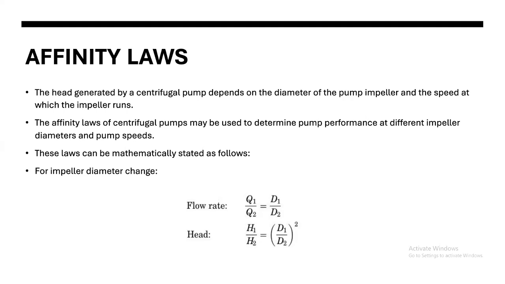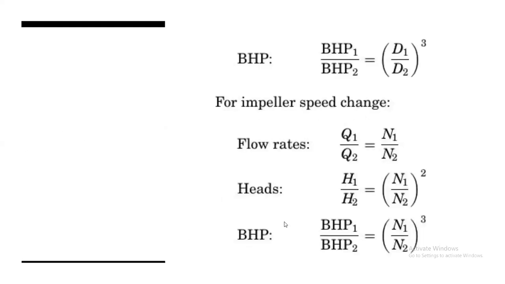diameters and pump speeds. These laws can be mathematically stated as follows. For impeller diameter change, flow rate: Q1 over Q2 is equal to D1 over D2, the ratio of flow rates equals the ratio of diameters. As for head, it's the ratio of heads equals the ratio of diameters squared. For brake horsepower, it's a ratio of brake horsepower 1 relative to 2, and the ratio of diameters to